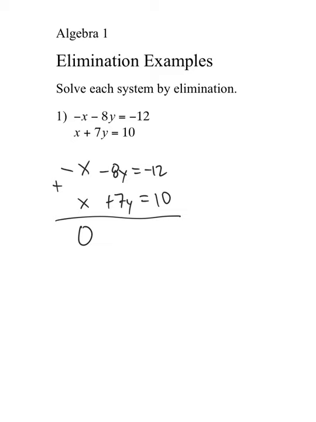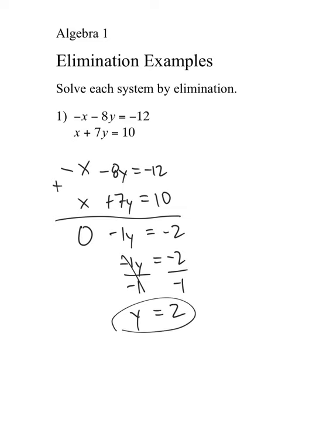Negative 8y, we're adding all the terms, so negative 8y plus 7y, that's negative 1y, equals negative 12 plus 10, negative 2. Okay, solving this equation for y, we divide by negative 1, and we have y equals